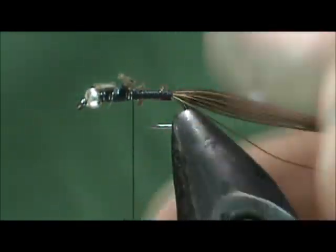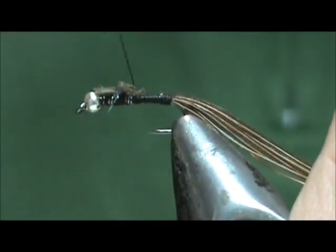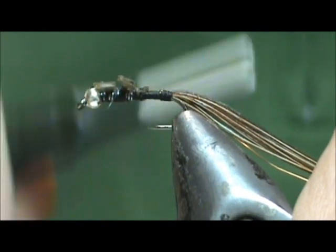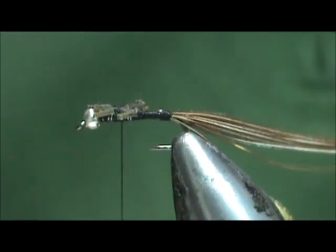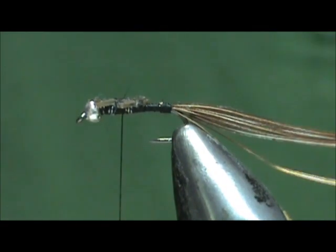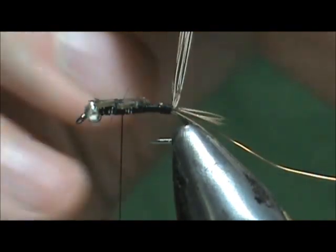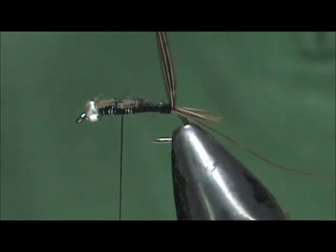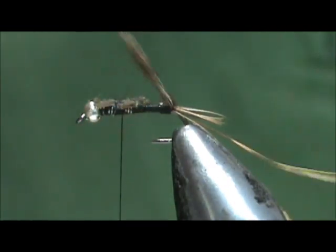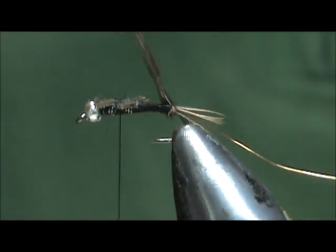When you tie the legs in, you don't want to put a figure 8 over the legs, because it tends to push the legs up if you do that. I'm going to bring the thread right between the legs, and then we're going to wrap the abdomen. I use a hackle plier for a couple reasons. One is because they're short, big fingers can't get in there, and secondly, so you can twist it a little bit to wrap your